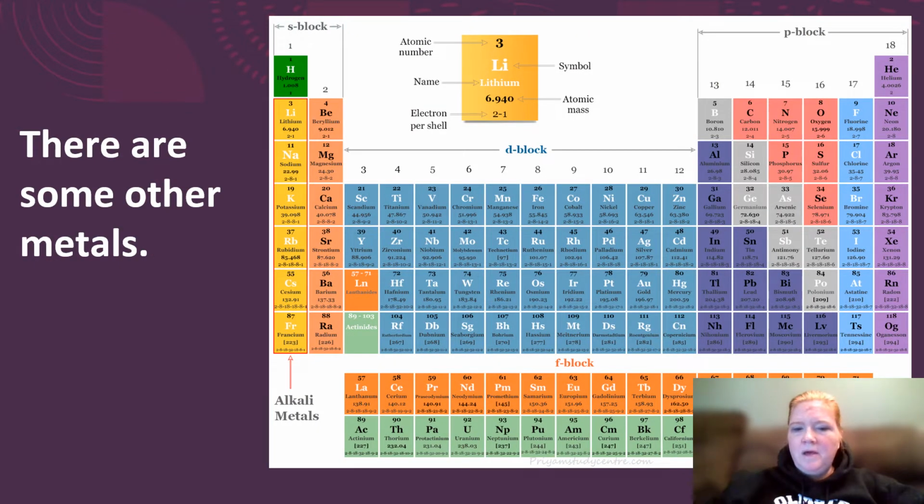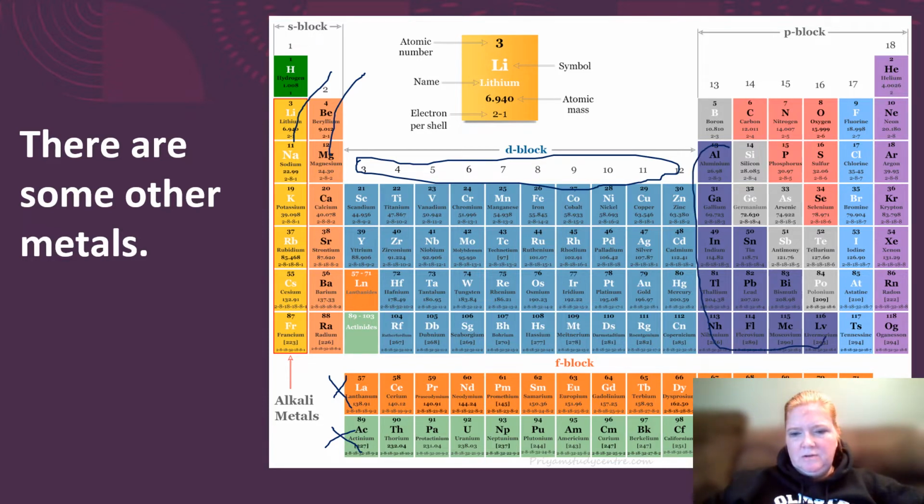There are some other metals, so if you look, let me just change my color here. Okay, this one, group 1, alkali metals. Group 2, alkaline earth metals. Groups 3 through 12, transition metals. Down here, lanthanides. Down here, actinides. But then we have this little section right here, colored in this dark blue. Those are kind of the other metals, okay? So in general,